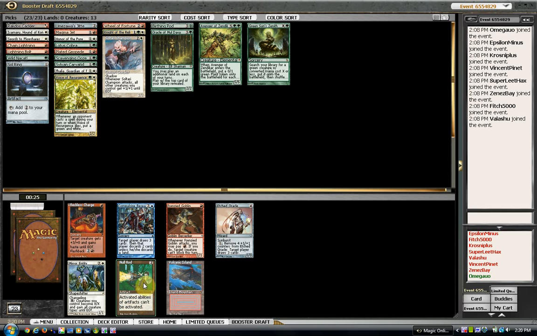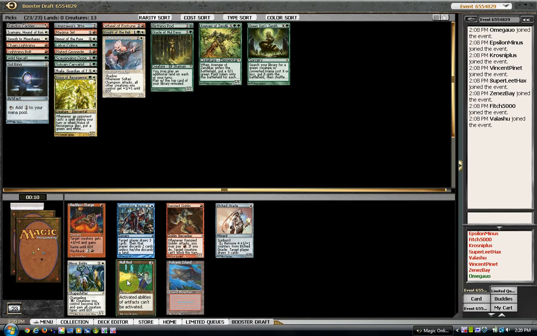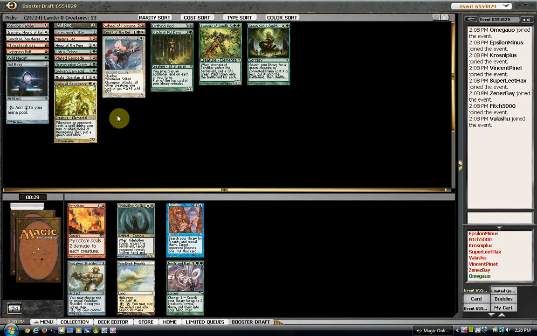Here's a question. Norn's Annex seems like it could be a powerful card, even though it kind of conflicts with Jitte and Soul Ring. Reckless Charge could be interesting. I don't know how excited I am about Mirror Entity. I'll take the Norn's Annex. It might be a sideboard card, but